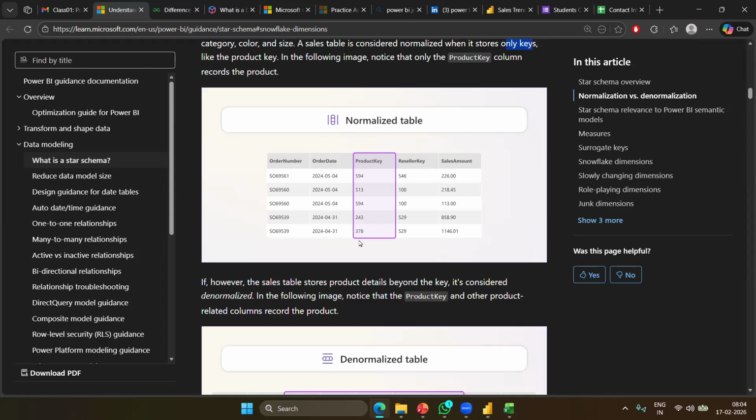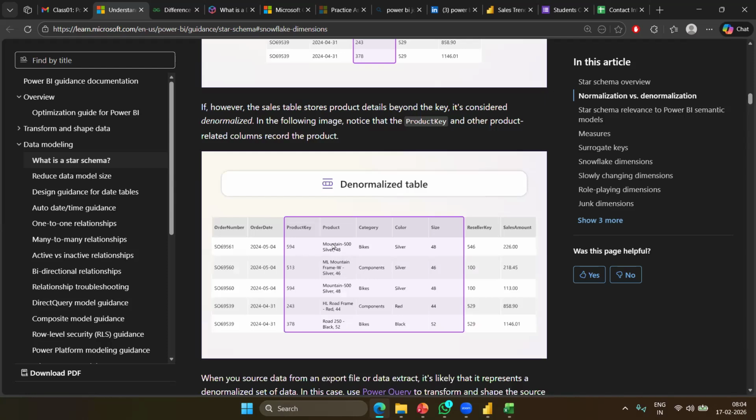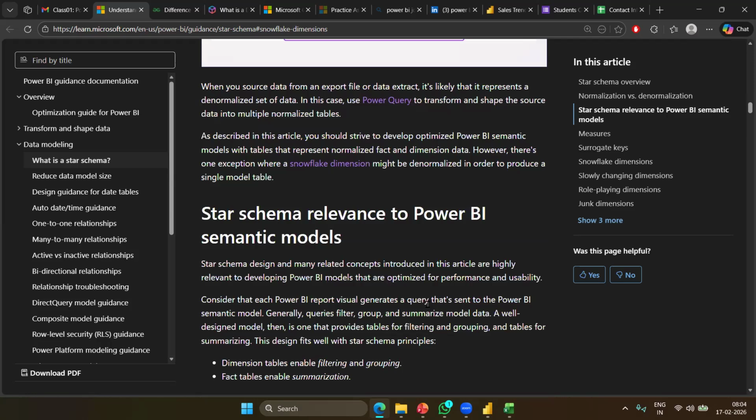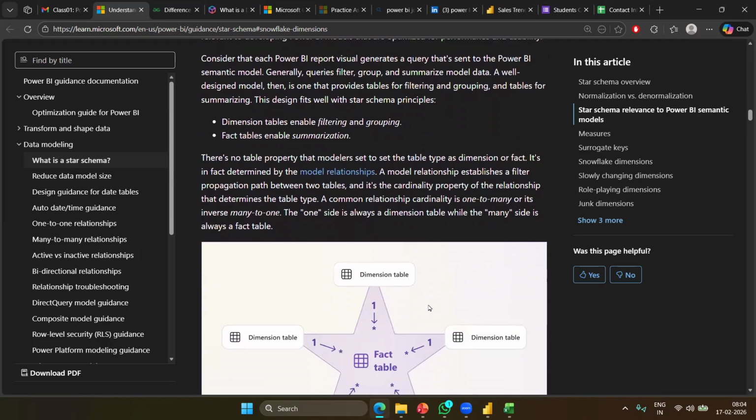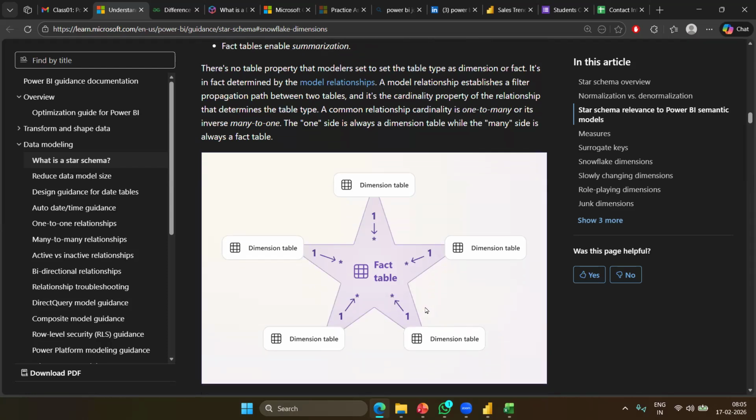If you see, only the key is stored. But if you go to the denormalized form, along with the key, all the product, category, color, size, everything would be stored and it is going to repeat, right? So the star schema is going to help reduce the redundancy and work effectively.